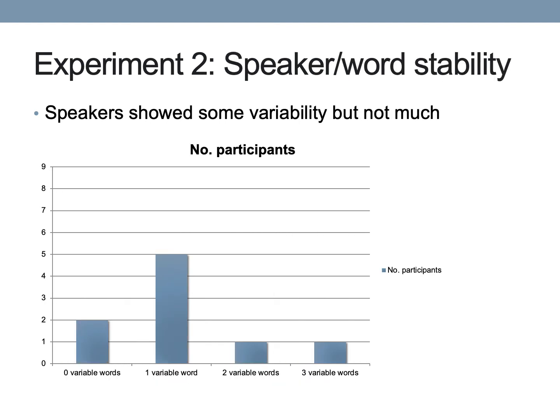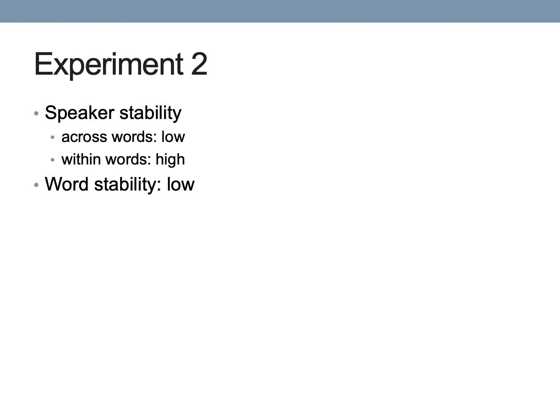However, speakers were generally stable across tokens of the same word type, and so even though 7 out of the 9 participants did produce at least one word with more than one variant, this variability did not affect many words. In summary, the second experiment revealed that the affricate variability is not explained by across-speaker differences. Speakers did not use the variants consistently across words, and words were also not stable. Rather, it appeared that each speaker had a preferred variant for each word, and their productions remained mostly stable across